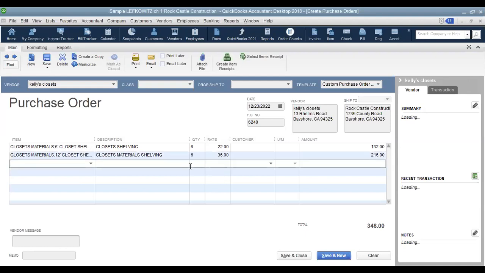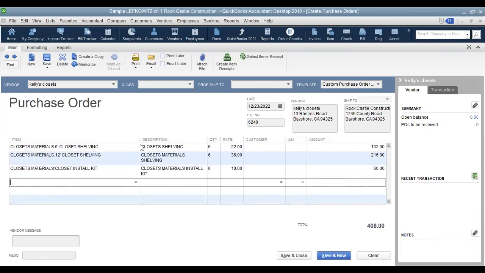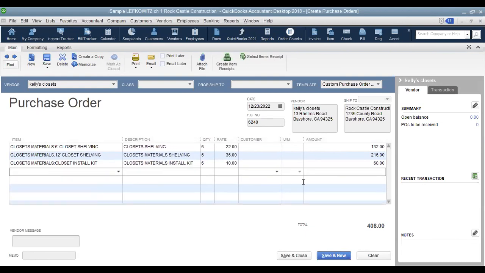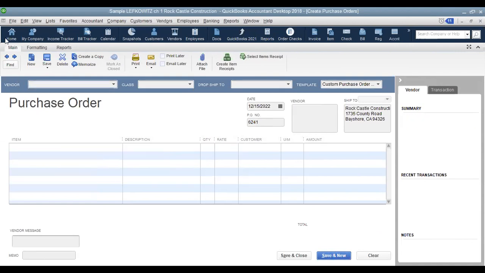Prices are different on each one. And the last one is closet install kit, again 6. We're using only the sub accounts. See, they're all sub accounts. Okay, now, my total is 408. Save and new. Go back with arrow key,